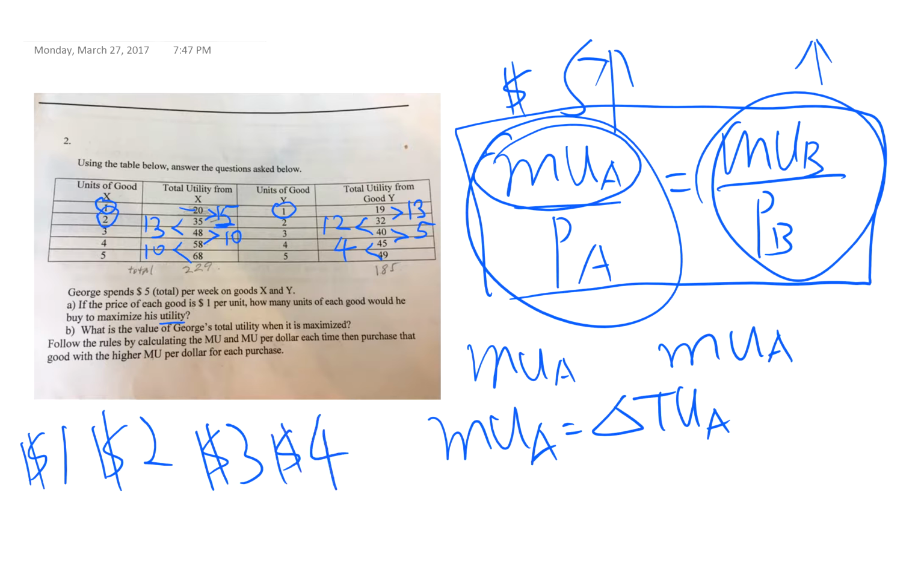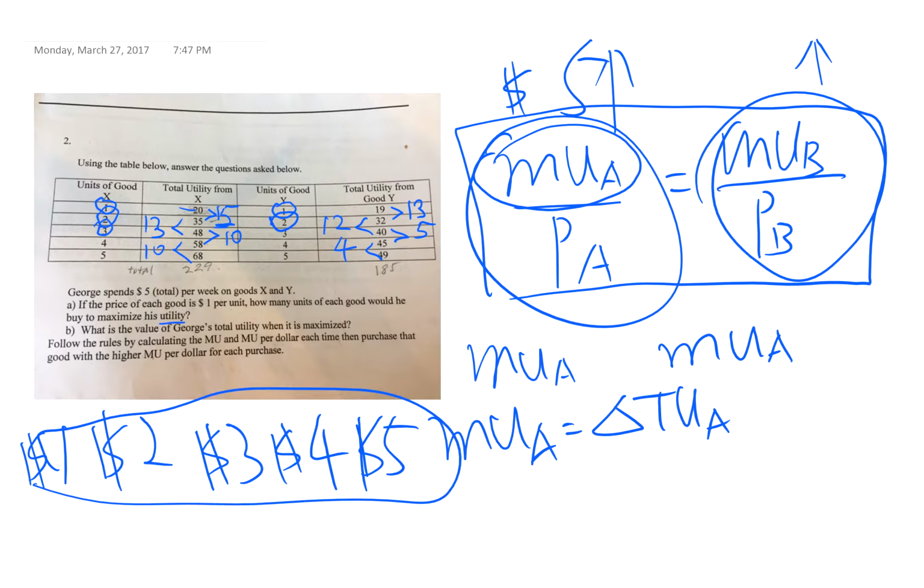And then for the fourth dollar, we can buy the second good Y or the third good X. If you buy the second good Y, that's 13 utility. If you buy the third good X, it's also 13 utility. So it doesn't matter which one you buy. So let's say you buy the third good X. Now for the last dollar of the $5, we can buy the third good Y, which gives you 12 utility, or the fourth good X, which gives you 10 utility. So 12 is more, so we buy the third good Y. So after all, with all the $5 spent, we're going to buy 3 units of good X and 2 units